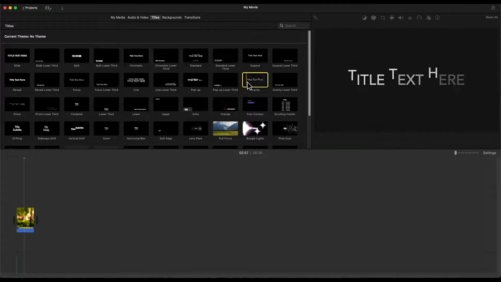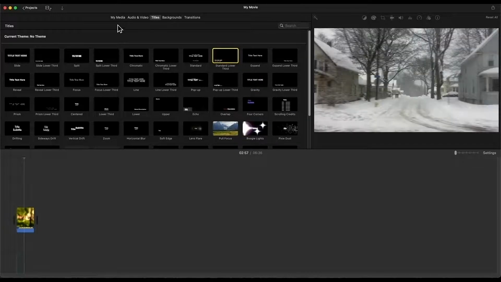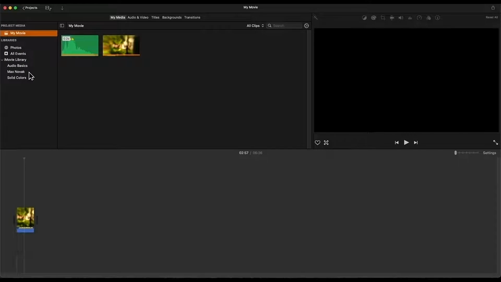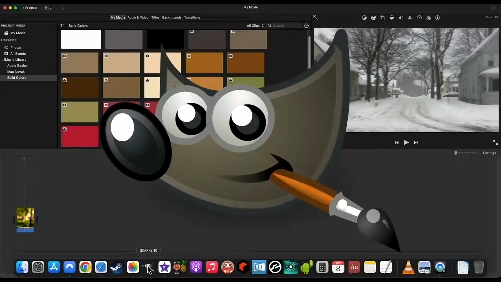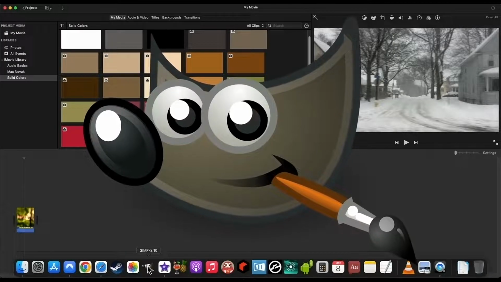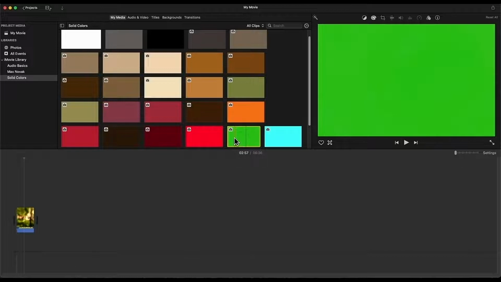I've got to be honest with you, I don't like any of them. I sometimes use them when I'm in a pinch, but if it was really important to me, what I would probably do instead would be to bring this green screen into something like GIMP, because Photoshop's ridiculously expensive and unobtainable these days, and just create my own title, albeit not animated, on that green screen, which I could then position where I wanted on the screen relative to the rest of the video,